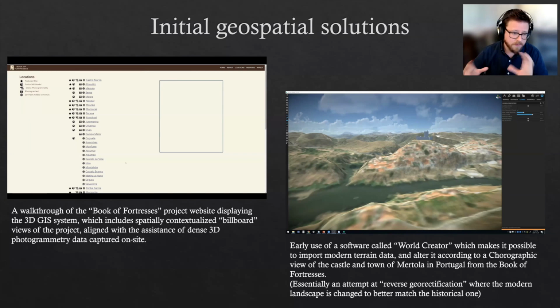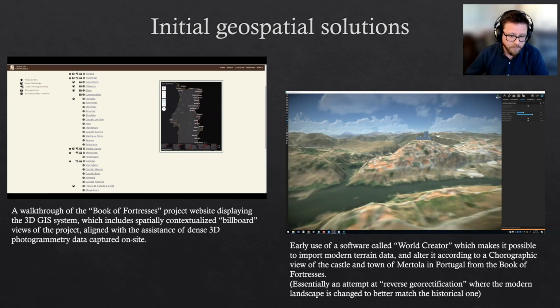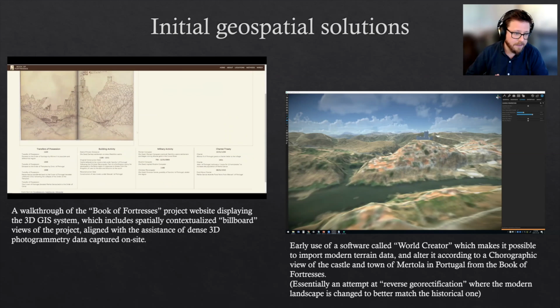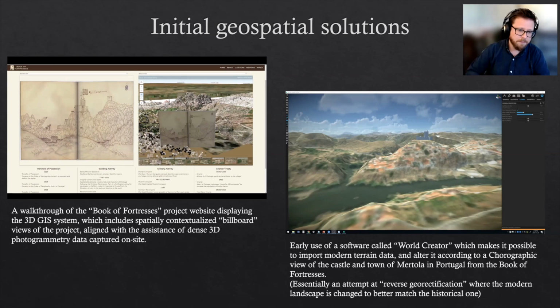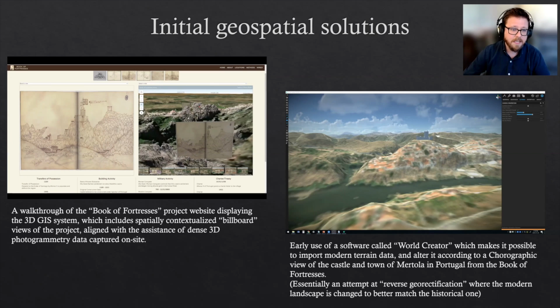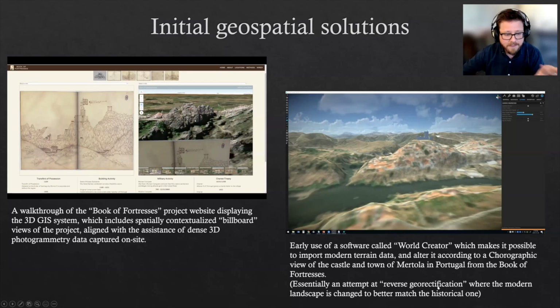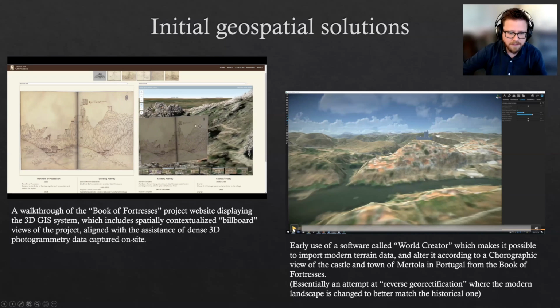what I'm trying to do is the first method we did: we tried to map every place that's in the book. And then we attempted to contextualize the images from the book in a 3D GIS using a technique that I just sort of refer to as billboarding, where you use a combination of the topography that they give you in ArcGIS Online combined with dense data that I've captured on site to try to get a rough idea of where these places are. And this is one technique that allows the objects not to be violently torn